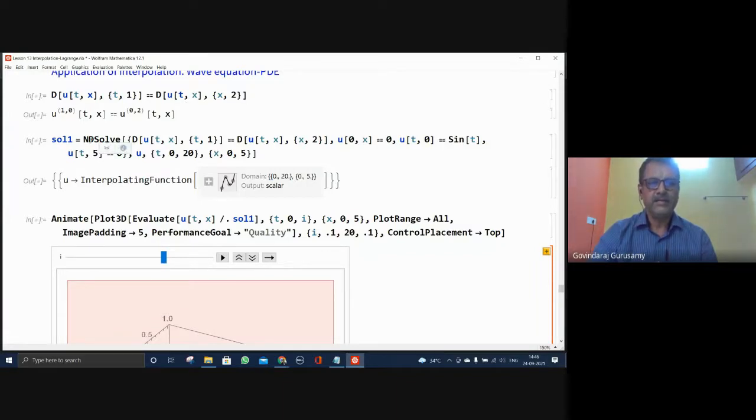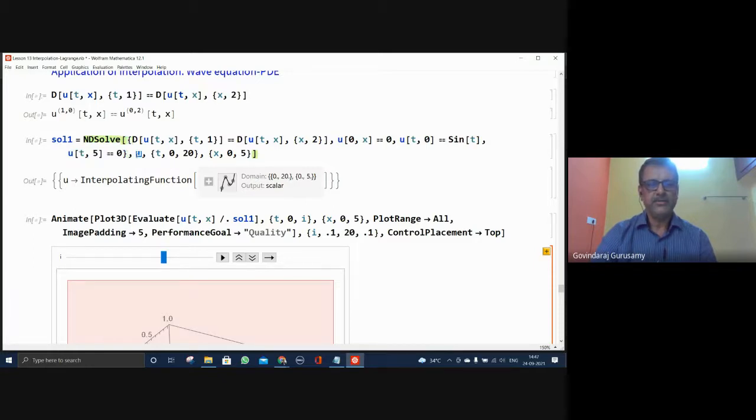Okay, this is the equation which you are taking. This is what your actual equation is here. Then the initial condition at time t equal to 0, u of 0 comma x equal to 0. Okay, we have to give the initial condition now. Then you have u of t comma 0 equal to sine t. Therefore, it's going to be oscillatory. We are assuming that u of t comma 0 is sine t. Okay. Now u of t comma 5 equal to 0. At position 5, it goes to 0.